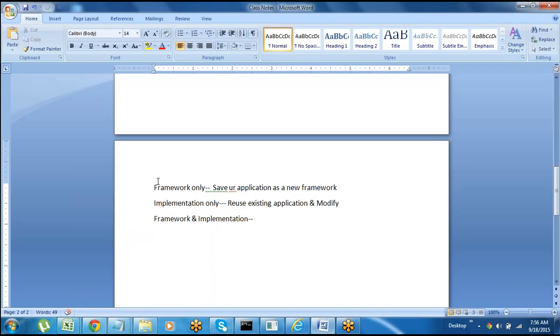In the future, if you want to develop a similar application, for example a banking application, and again want to build a new banking application, they will reuse the same framework. They can use that framework and modify things. But they need to again take the license from Pega Systems. Instead of that they can develop it from scratch, because the framework's cost will be more when compared to the overall development.